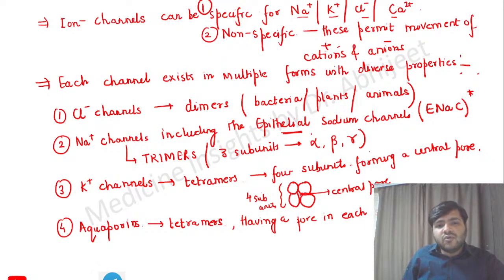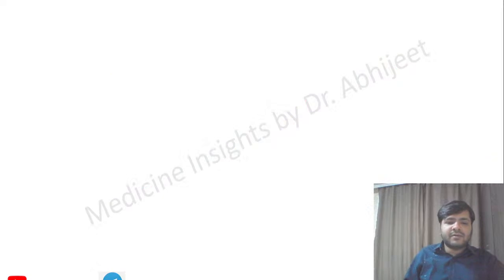Okay. तो कहने का मतलब है कि हर सब यूनिट में आपको एक पिट दिखाई देगी, so it is forming a pore in each subunit. Okay. And additionally एक सेंट्रल पोर भी देखने को मिलेगा। तो एक पोर तो हर एक यूनिट में होगा और साथ में एक सेंट्रल पोर भी प्रेजेंट होगा, ठीक है।